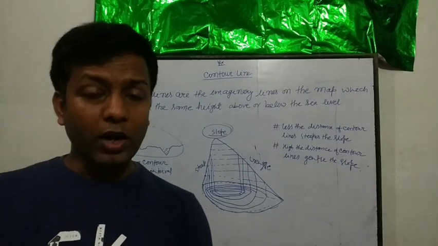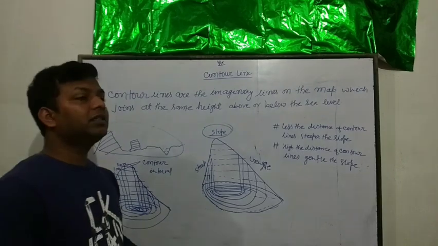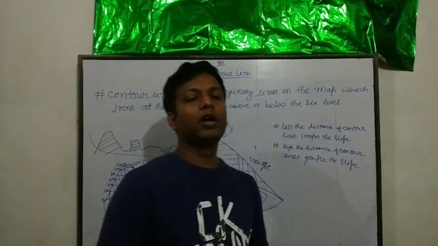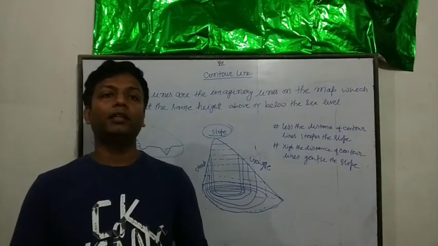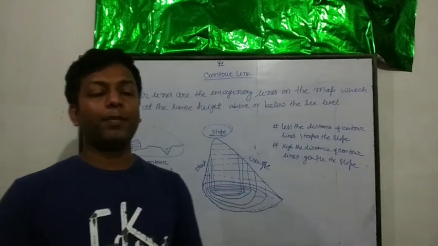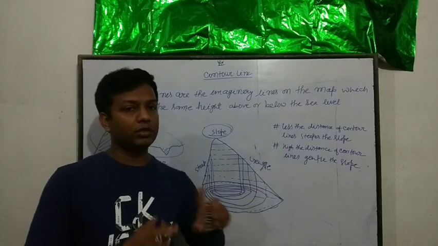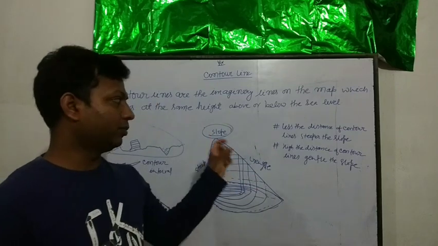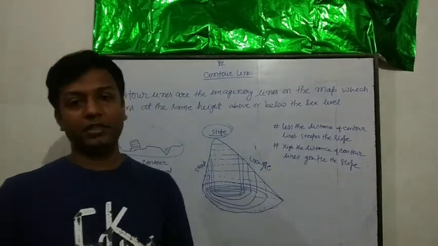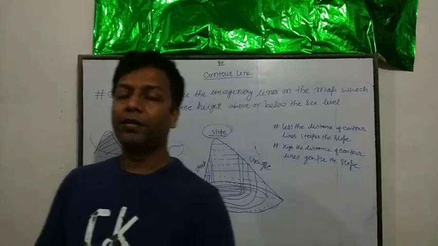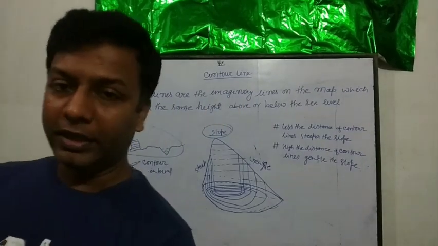So we are going to discuss further different types of contour lines on the topographical map, so that if you go through a topographical map, you can easily find that, oh, this contour line shows this sort of structure. Oh, it is a plateau. How can we recognize it? This is what we have to deal with further.